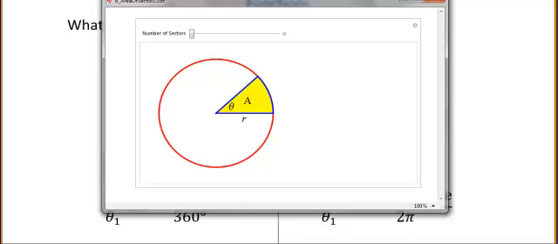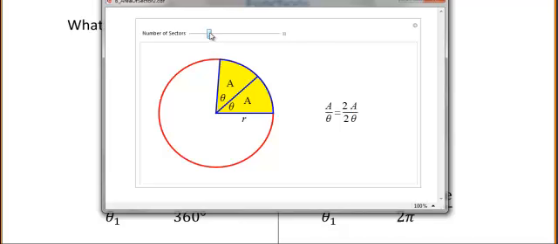All right, a sector is a piece of pie, and let's suppose that we have a circle with radius r, and a sector whose central angle is theta, and the area of this sector is A. That is, the area that's shaded yellow is A. All right, notice what happens here. The thing is, if I would double